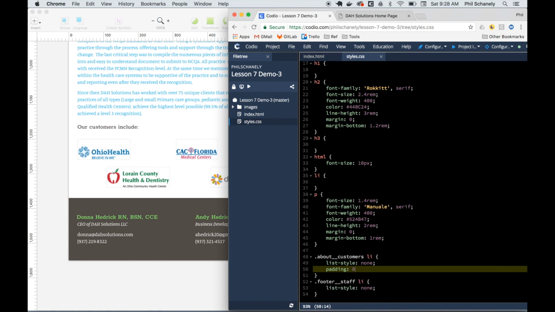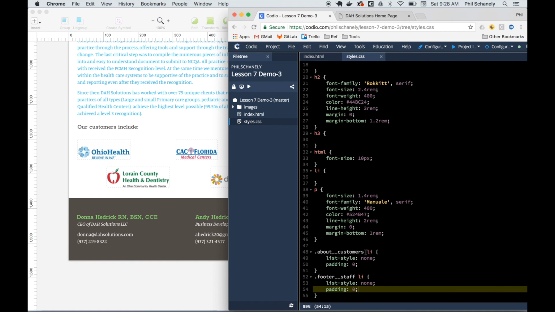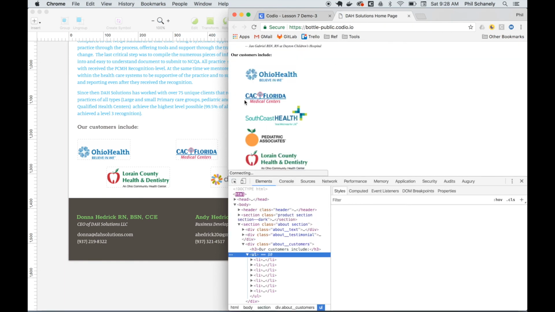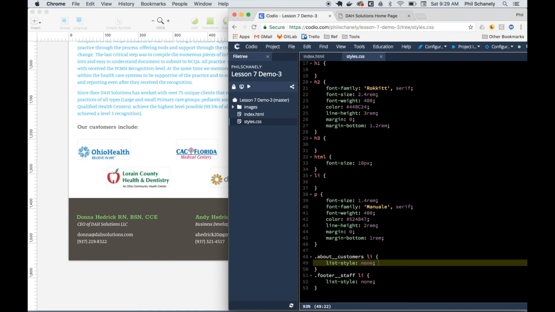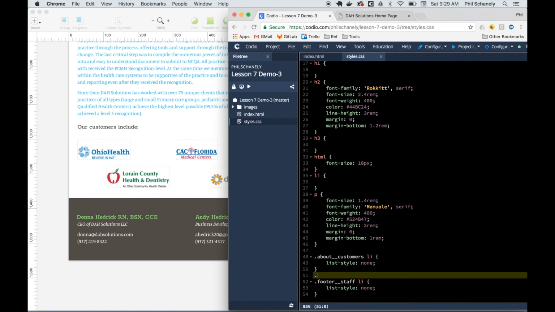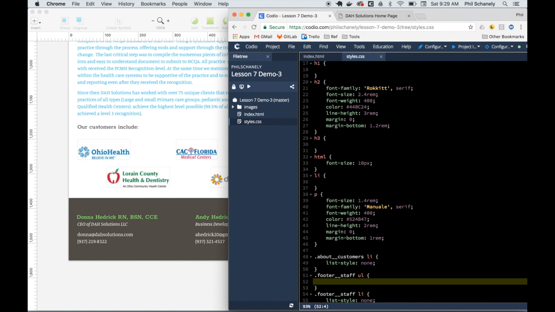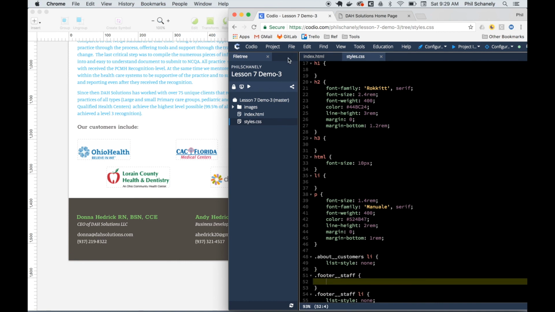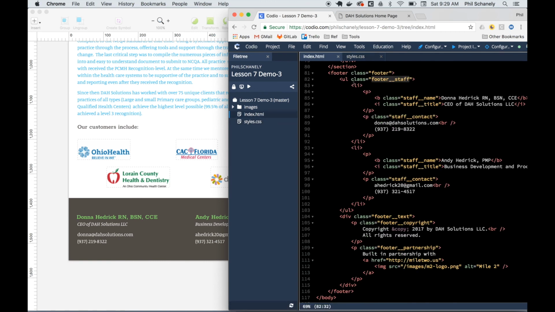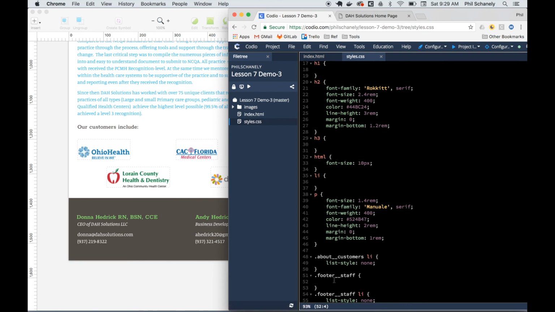We're just going to set padding to 0. Same idea with margin. We're just kind of clearing out some of those browser defaults. I put it on both of those lists so that I have, oops, I put it on the wrong element because I want it on the UL that is in these cases. So I think footer staff was a UL, so I don't need to select ULs inside of footer staff. So let's prove that point. Okay, footer staff is a class directly on a UL, so we select that UL with just footer staff, and